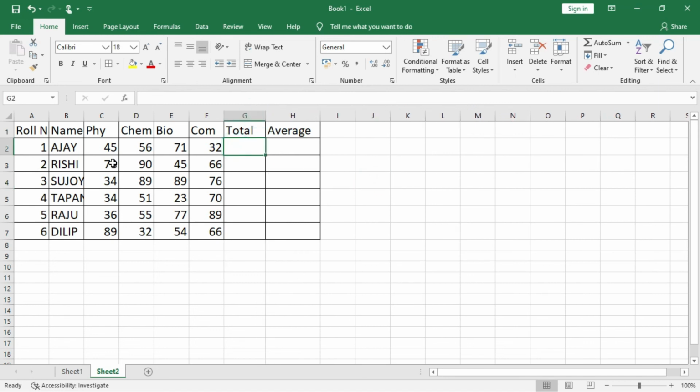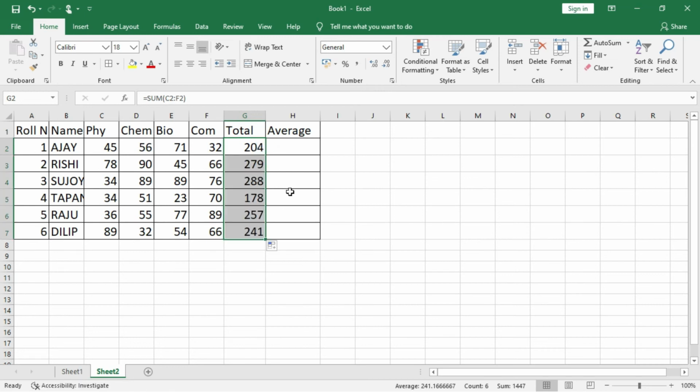Now we have to find out the total. What formula to give? This one for sum. Then from here to here, we have to form a cell range since these are in contiguous cells. Now press enter. Once it has been created, you can use the autofill tool. This one is the autofill. Then you come down over here, and it will be copied.